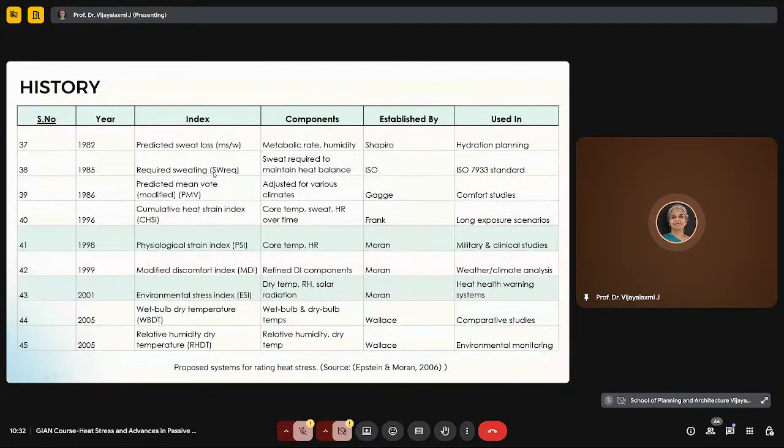Then the predicted sweat loss considers metabolic rate and humidity, and required sweating, SW required, considers sweat required to maintain heat balance. Predicted mean vote modified is adjusted for various climate and is used for comfort studies. Cumulative heat strain index uses core temperature, sweat, heart rate over time. Physiological strain index uses core temperature and heart rate. Modified discomfort index, and so on. So there are so many